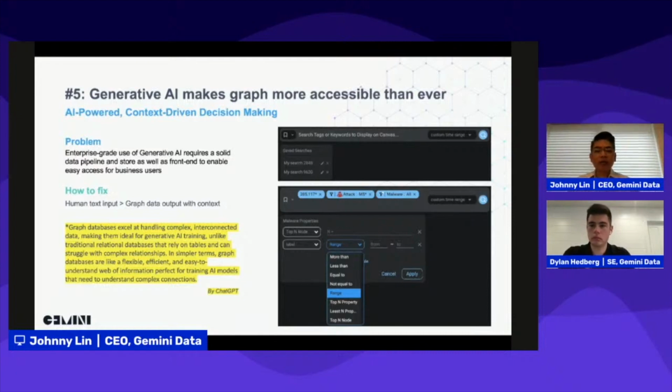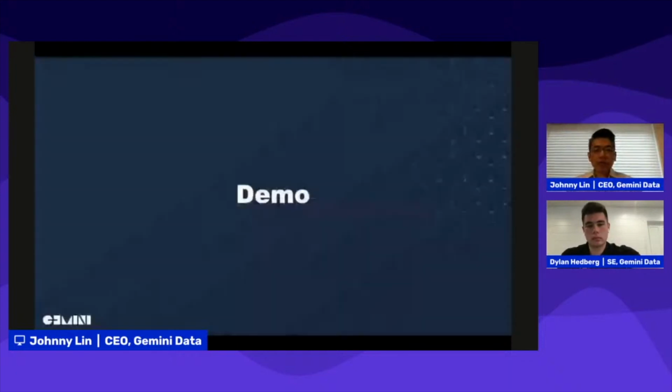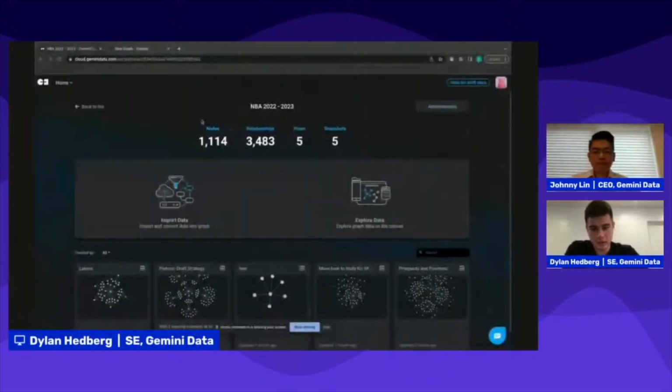And I guess the challenge is how can we make this simple for business users or even for the people that are building these solutions, right? And I think we have a great answer to this, and that's why I'm going to turn this session over to Dylan. All right, so today we've prepared a few demos to go through, and just to give you guys a little bit of context,